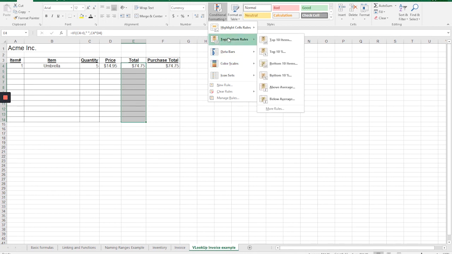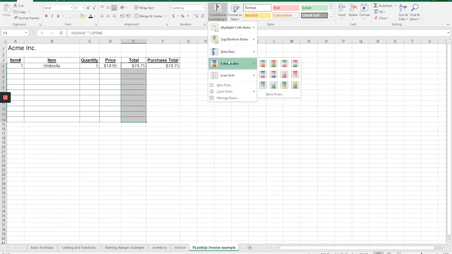They will do things like highlight the top 10 items, top 10%, etc. So if you have a larger spreadsheet that has a large amount of data in here, say lots of entries, you could highlight the top 10 sales that you had in there, the most active salesmen, people who have worked the most, who have been there the longest, the most hours worked amongst your staff. Whatever it is that you are measuring here, you can pull out chunks of it with these top and bottom